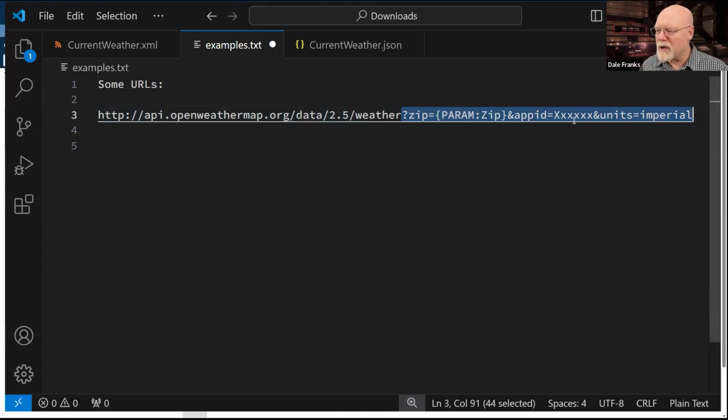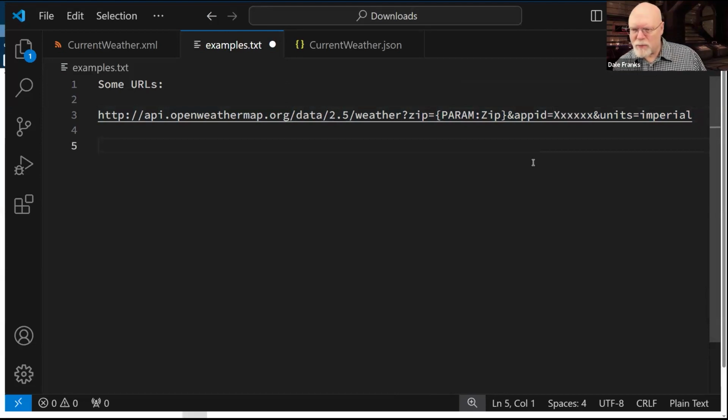There is also this app ID. It's just a GUID. Openweathermap.org is free. You can sign up for their API and get a free API key, and that gives you access to, I think it's something like 1,000 calls per hour. So it's pretty generous, and it is a totally free service. So I need to pass, sort of, these 3 things to the REST service to have it returned.